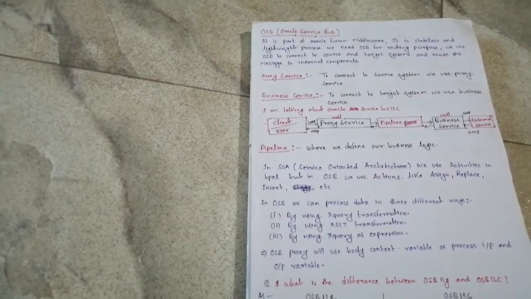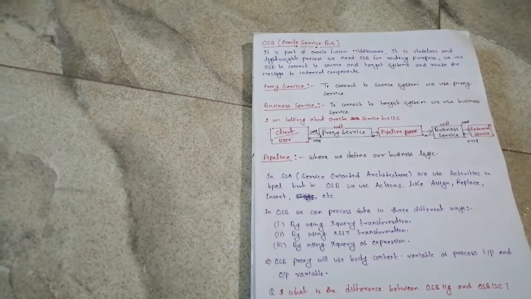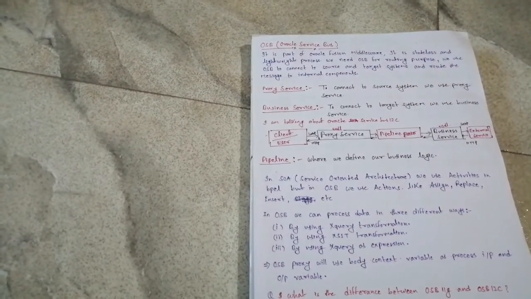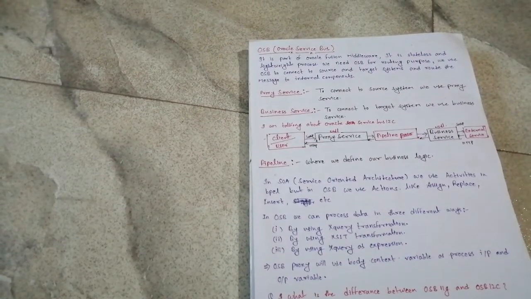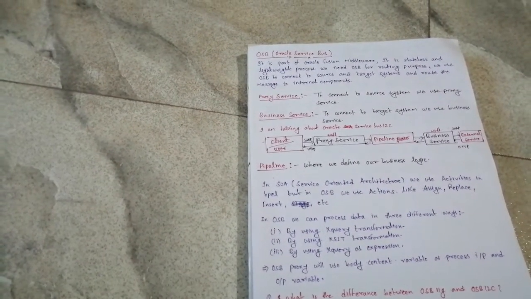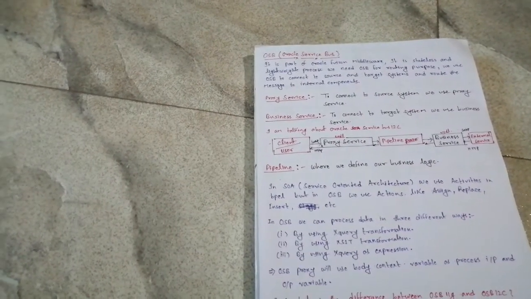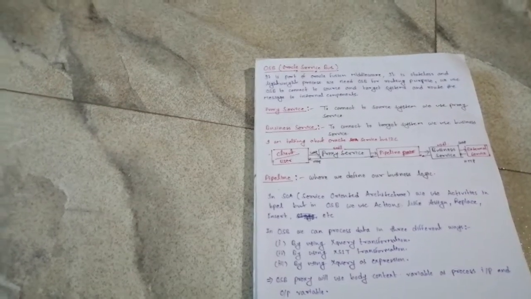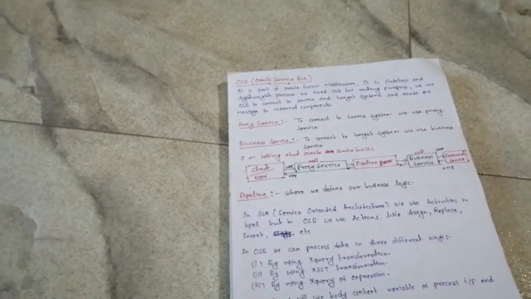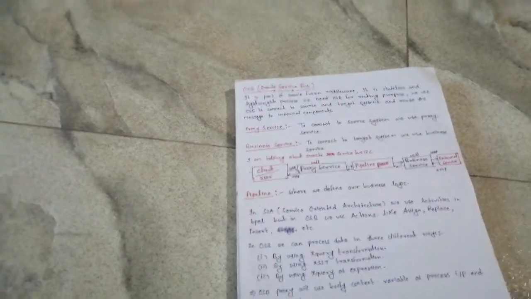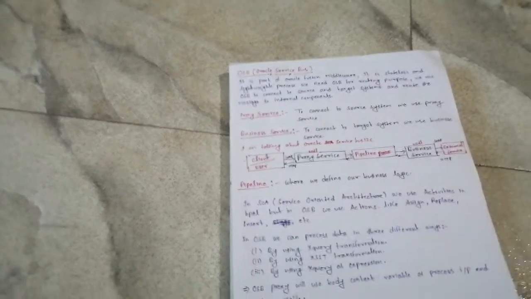So in OSB we have different things, like the conditional branch, where according to the condition we can route the data, like greater than, less than, this kind of thing. And the operational branch is there, where according to the operation we can route the data. In the WSDL we can define multiple operations, and according to that we can route the data. Okay.